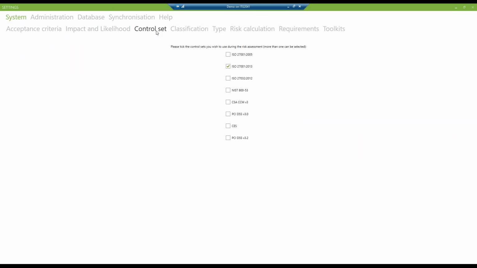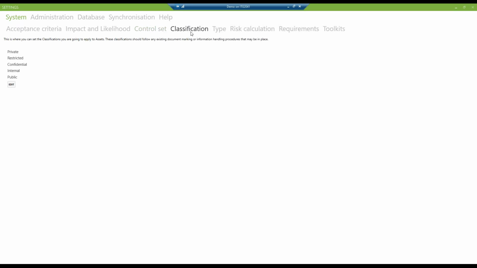The next one is that control set selection area. This is something that we covered earlier on. If you're working on ISO 27001, you've completed that risk assessment, you've been audited, absolutely fine. You may then want to branch off into other control sets or other accreditation fields. You can always toggle them on and off under this section if you want to. The next section you'll come to